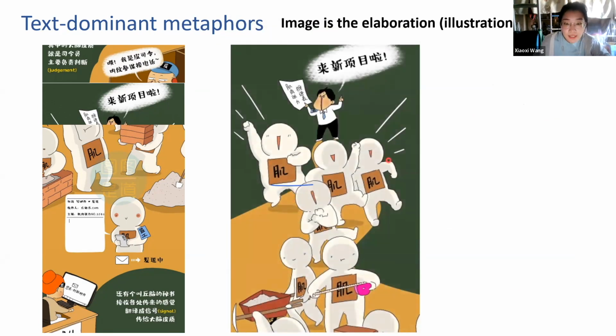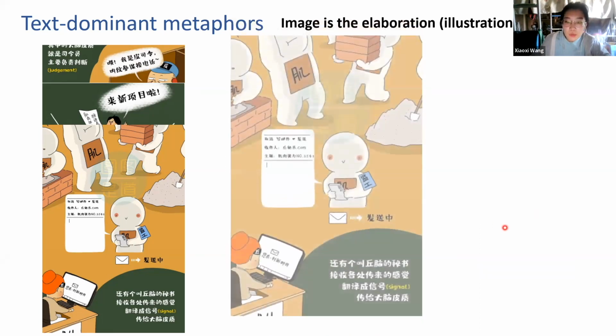The first one here: muscle is human. Here's a Chinese character, Ji, which can be translated to muscle, and we can see they are all human shapes, right? So here's a personification. Muscle is human. And another one here.